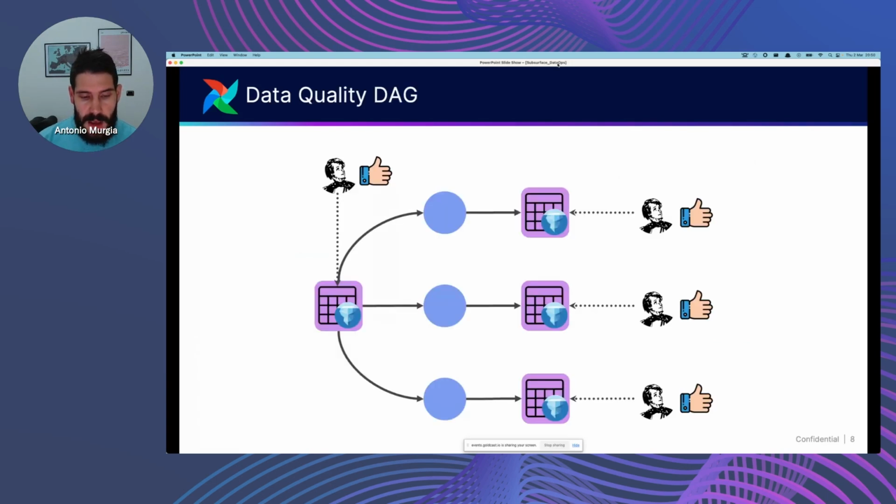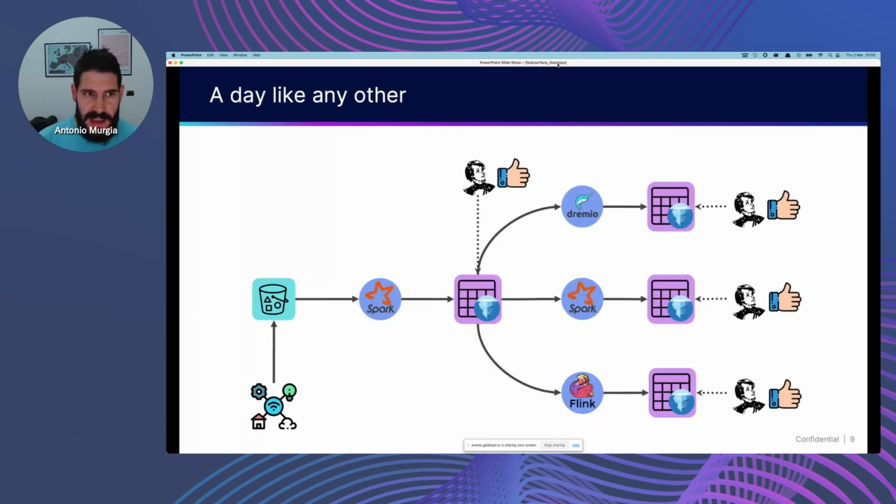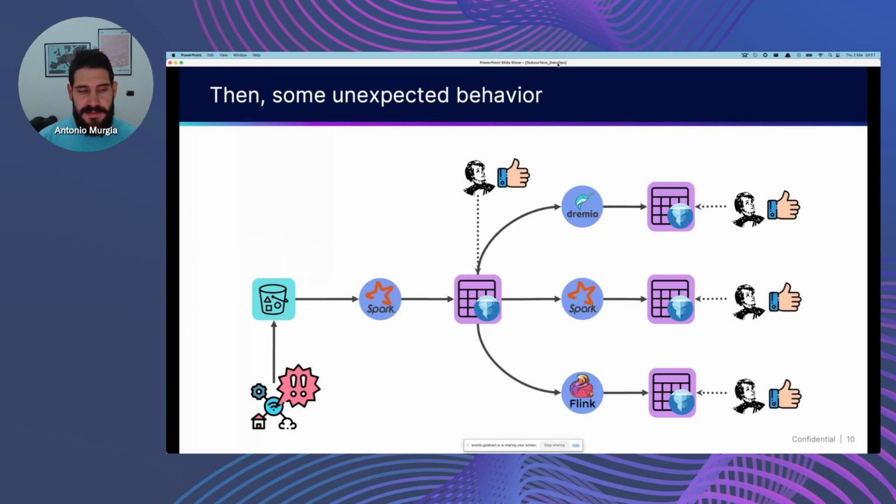So we've talked about data quality, and data quality usually is implemented like this. So the same table as before, you periodically run some of these data quality jobs that are able to give you a green or a red light in terms of quality of your data. And so let's say it's a day like any other, so everything's fine, data quality is on point, pipelines are running smoothly, and at some point you have some unexpected behavior on your devices maybe, and these devices start sending data that has never